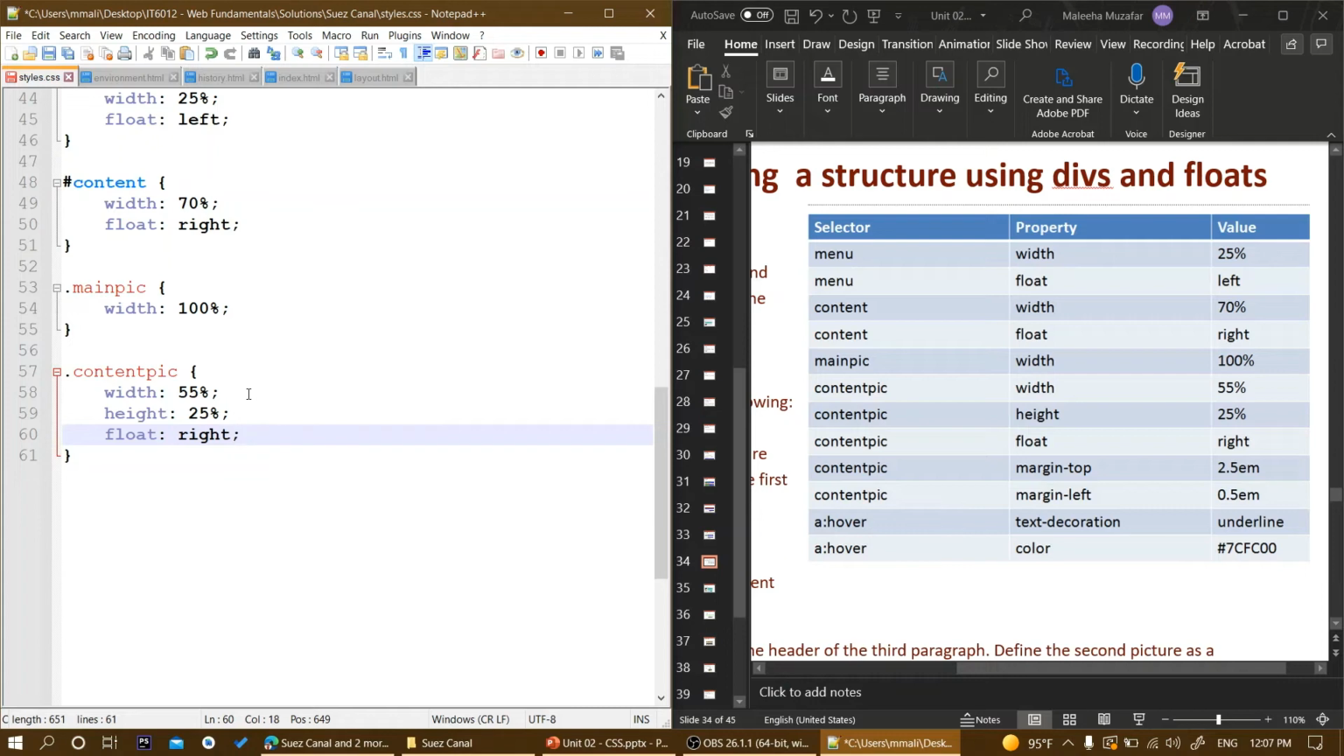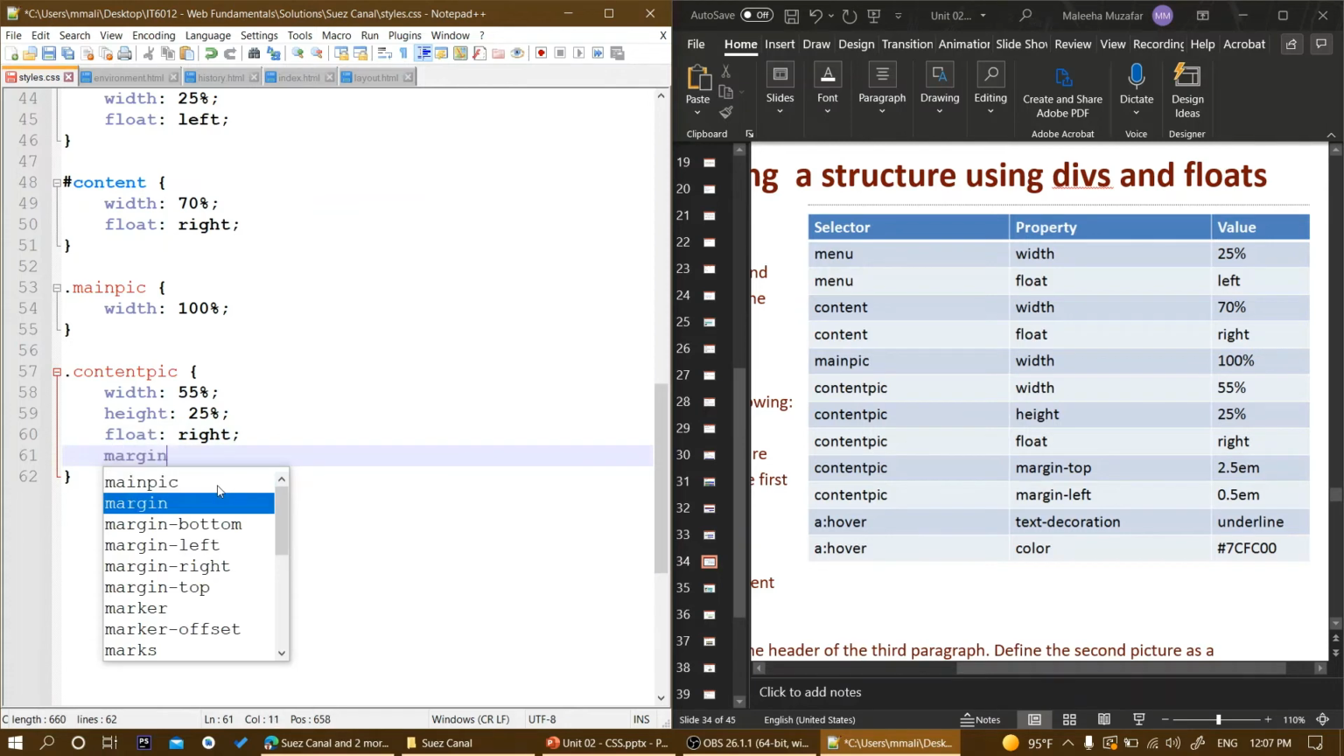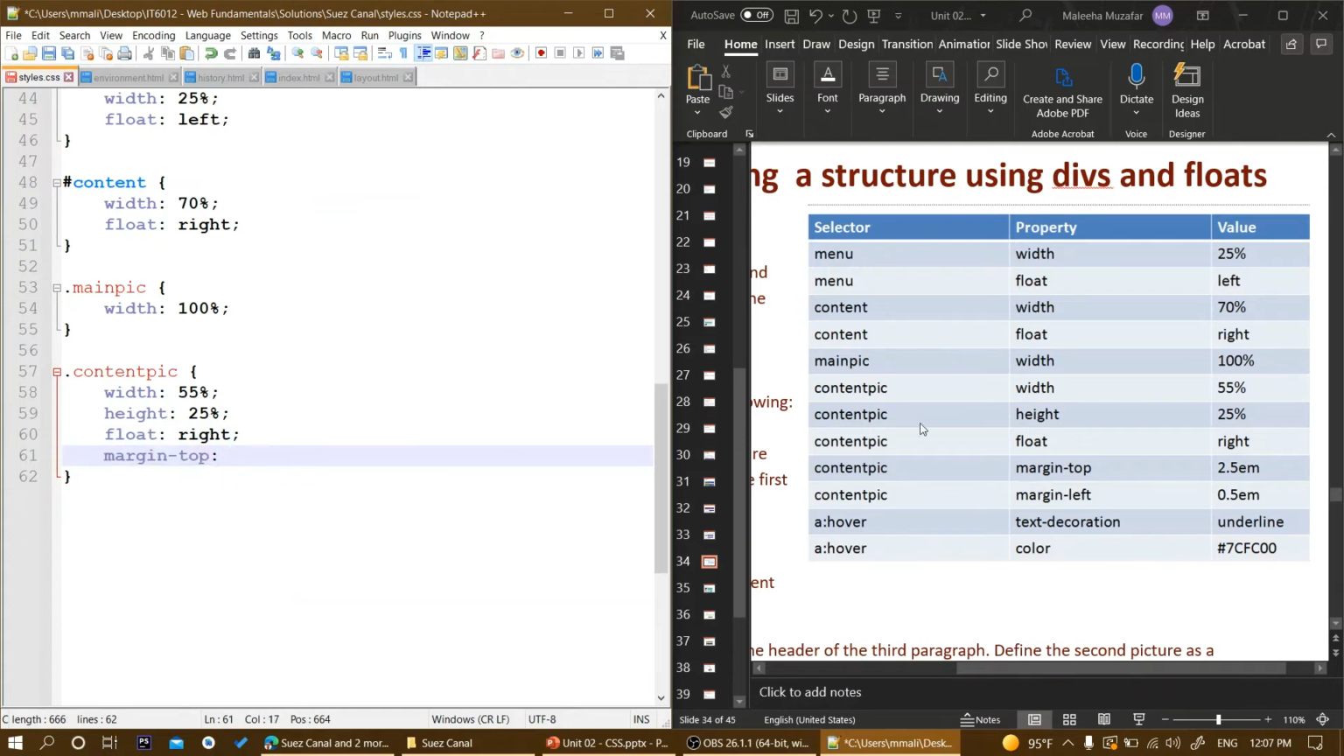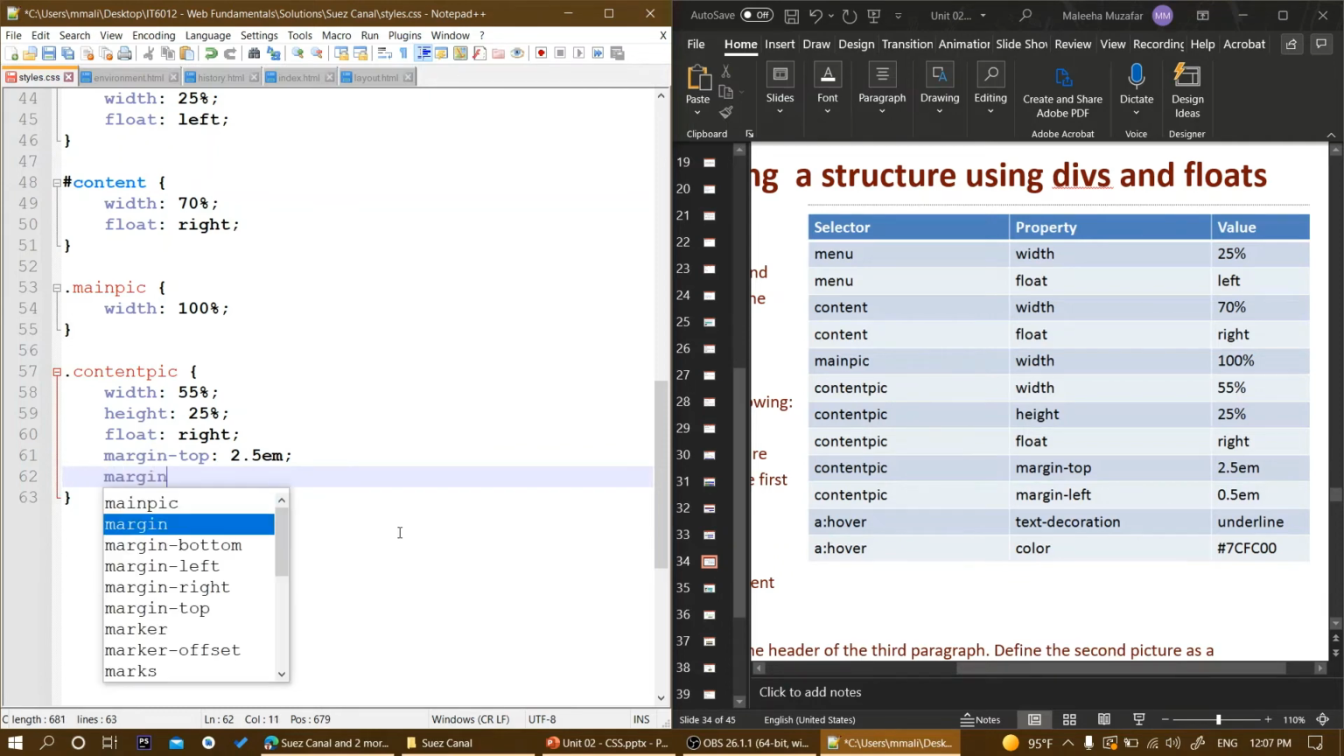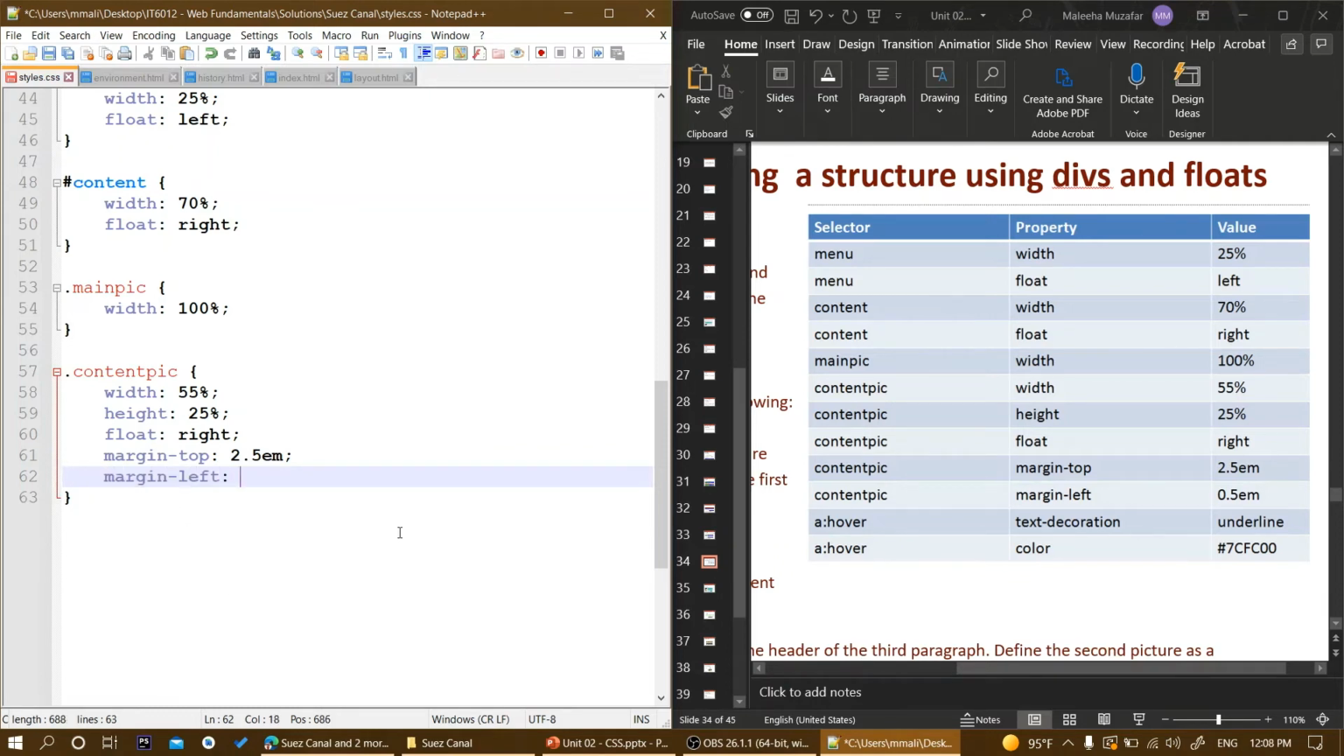Okay, so float right. Margin top is 2.5 m, and then margin left is 0.5 m,